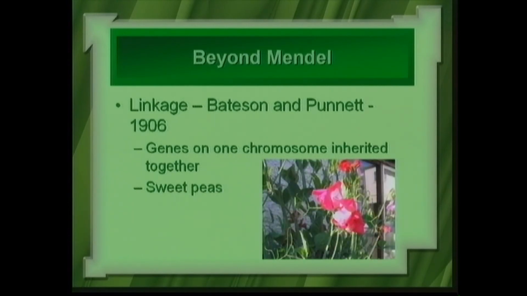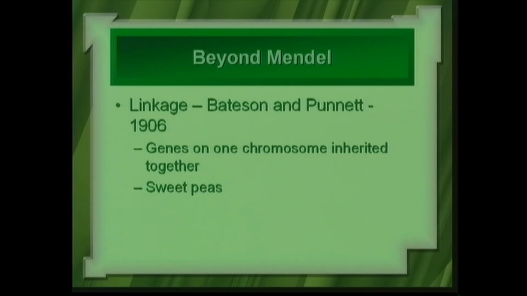This is a different plant from the pea plants that we talked about earlier. These are called sweet peas because the flower is supposed to have a sweet smell. And they're temperate area flowers. I think they have a quick germination time and growth time. You can grow several generations in just a few months. So sweet peas, another group of plants. Well, what they had is they actually had